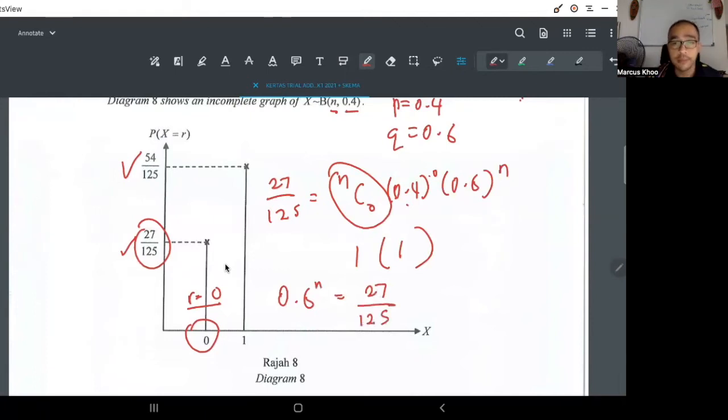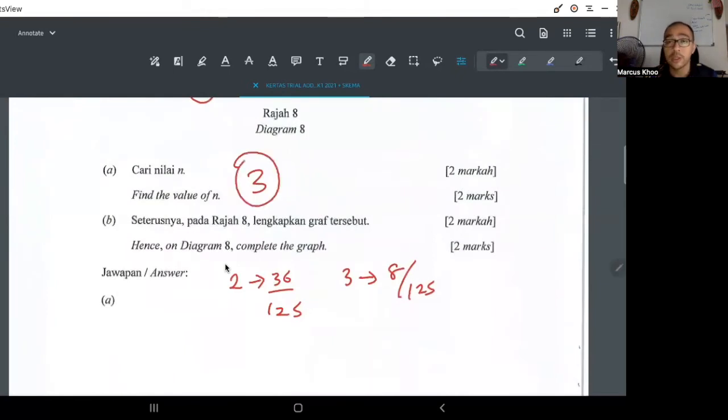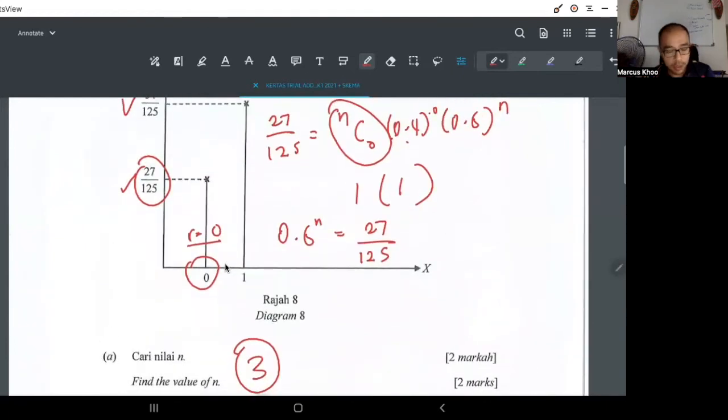Okay, you can solve this. Use either log or you can test and see until you get 27 over 125, but you should get the answer n equals 3. Once you find the answer n equals 3, the next one is complete the graph. So that means you have 0, 1, you definitely need one line for 2 and another line for 3. But you need to find the value of